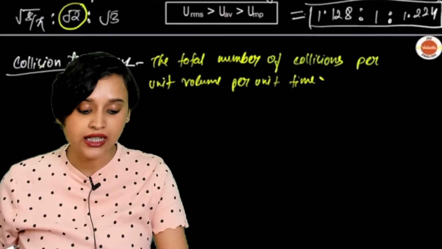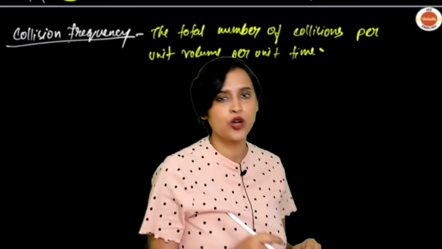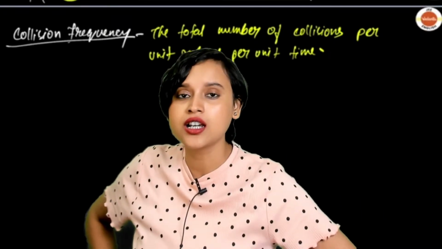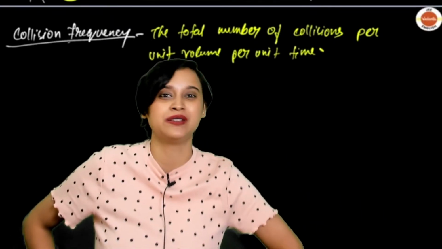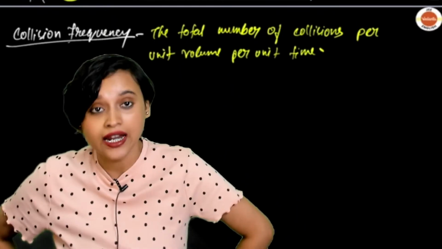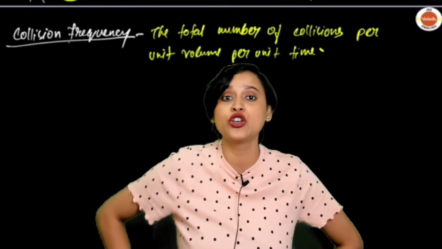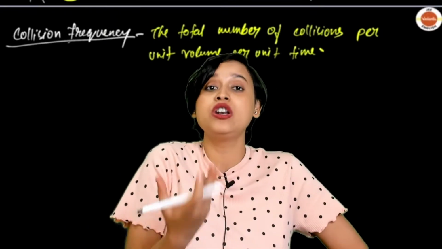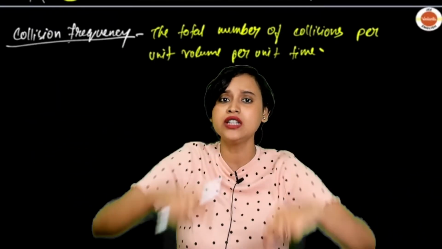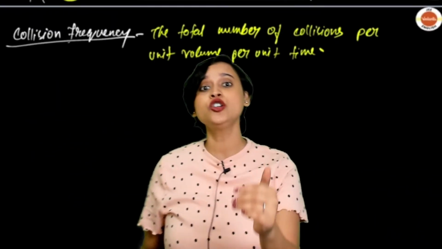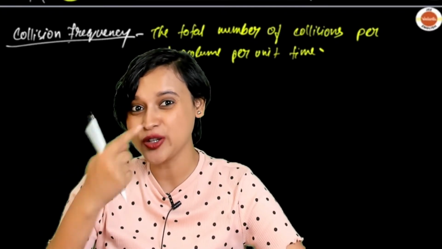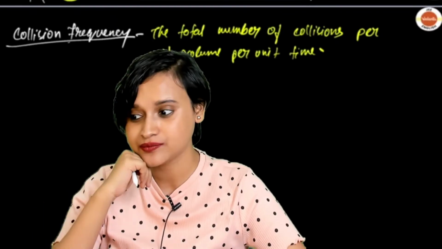Then we went to another term, because we know that these gas molecules are not stagnant. They're not stationary, at just one single point, thinking, oh, come find me. No, they are always moving, constantly moving. And while they are showing a zigzag Brownian motion, they are also colliding with the wall and with each other. So now we want to find out how many times they are colliding. Why are they banging on the wall? Why are they banging with each other?